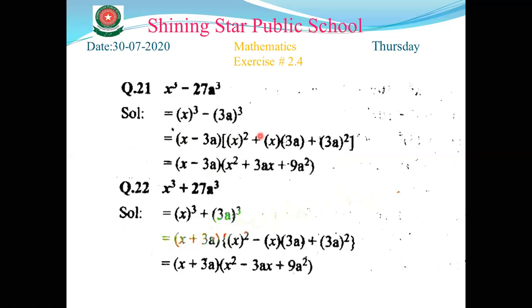Now question number 22, x cube plus 27a cube. In our previous question, we had minus here, and in this question, we only have plus. The difference is there it was minus, and in this step we have plus. So again we take the cube, x whole cube plus 3a whole cube, and